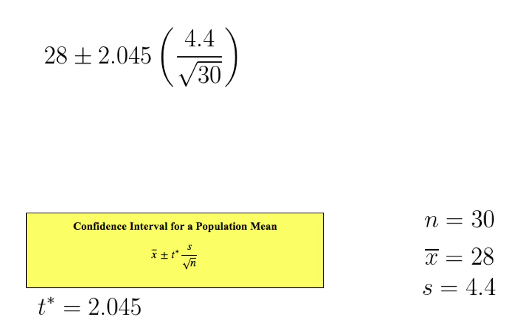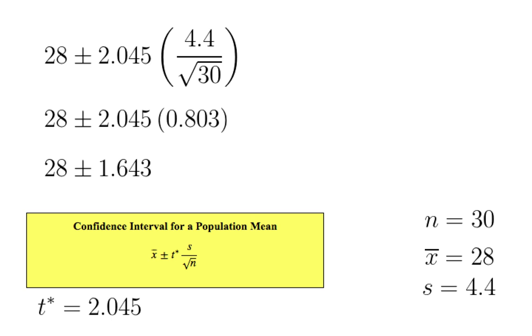The first thing that I like to do is to solve for the standard error. 4.4 divided by the square root of 30 gives us a standard error of 0.803. 2.045 times 0.803 gives us a margin of error of 1.643. Now we subtract and add to find our 95% confidence interval of 26.357 to